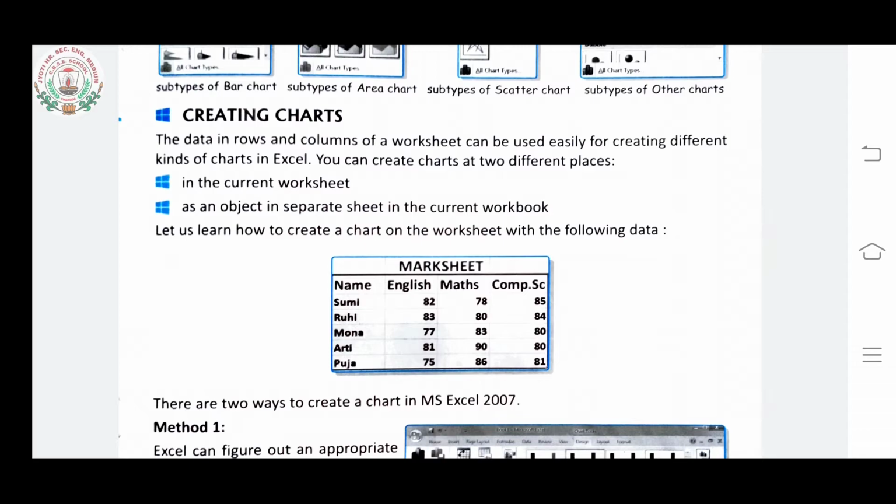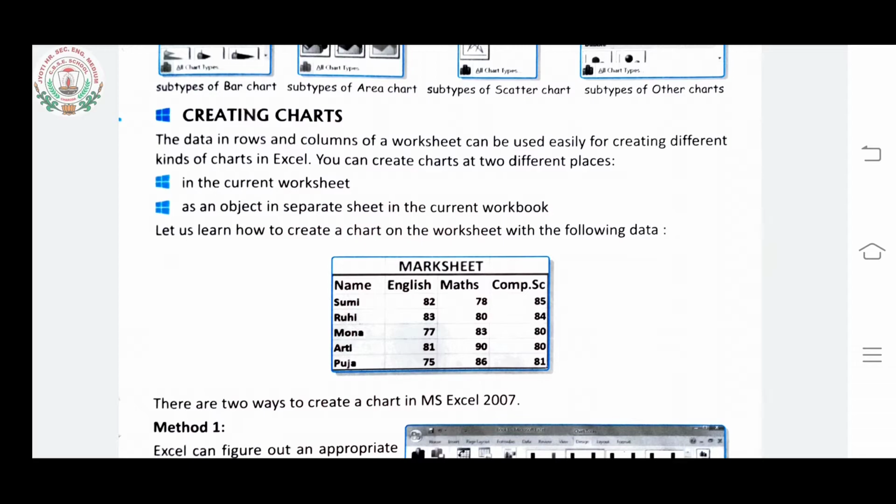As you might have studied in the previous class, in MS Excel you have a workbook. A workbook has different pages, and those pages are called sheets. Different sheets combined together are called a workbook, and one single page is called a worksheet.